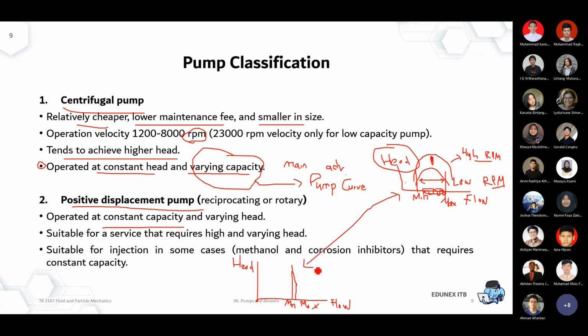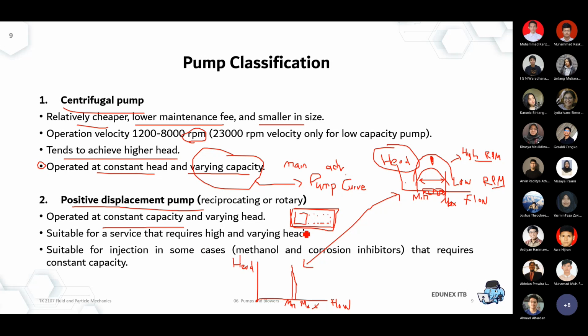Okay, because the volume of the piston is already fixed. Maybe that's a nice way to put it. So later when I show you about the volume of the piston, okay, so that's the piston, and sometimes it's expanding, and then sometimes it will be compressing, moving in the right direction. Okay, but the body of the pump itself is already fixed. That's why the capacity of a PD pump is actually not very wide.